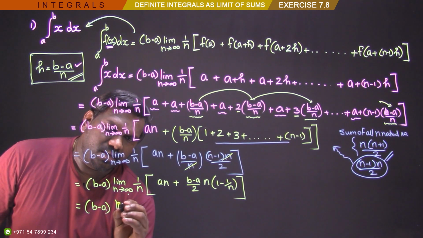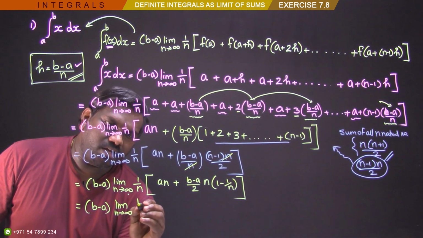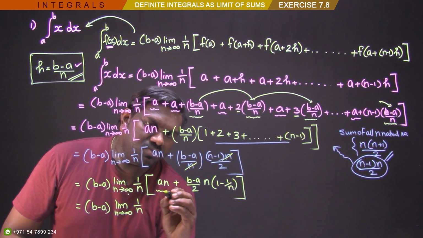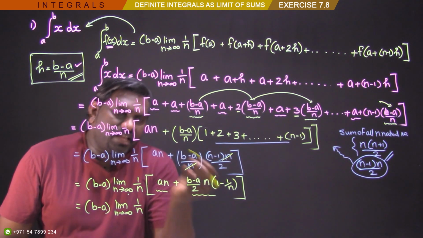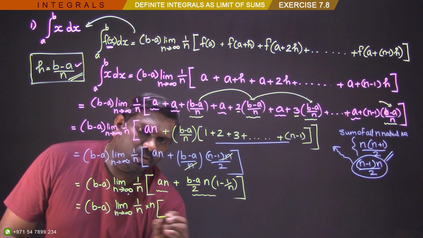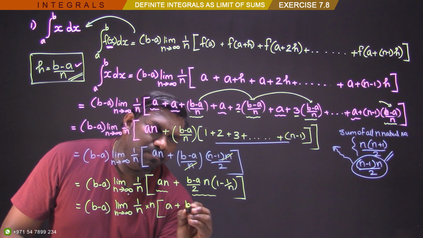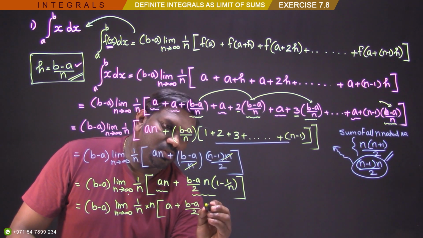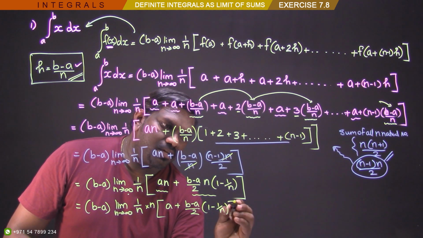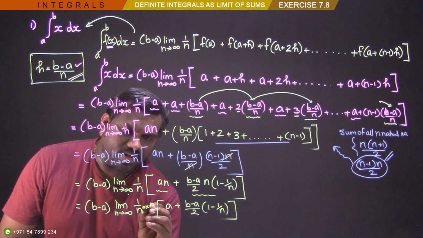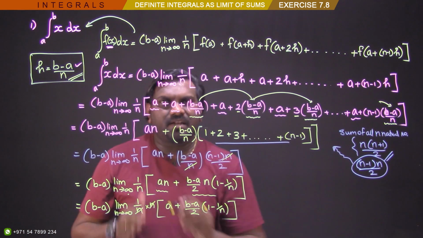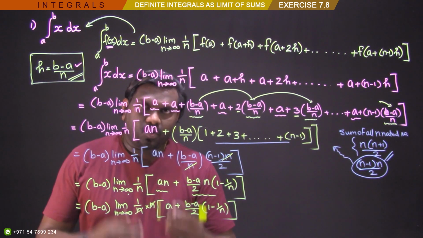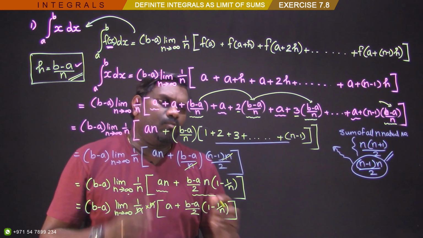b minus a, I wrote, limit n is tending to infinity, dear, and 1 by n, you know it, right? And here in both these terms you can see now there is an n outside, so that I can take that n out, and what I can write here? a plus b minus a by 2, yeah, b minus a by 2 into 1 minus 1 by n. Can I write like this? Yes, so that I can cancel these two. So, whatever 1 by n or n is lying outside, we should try to cancel it. If we take an n outside, it will be cancelled automatically. Okay,